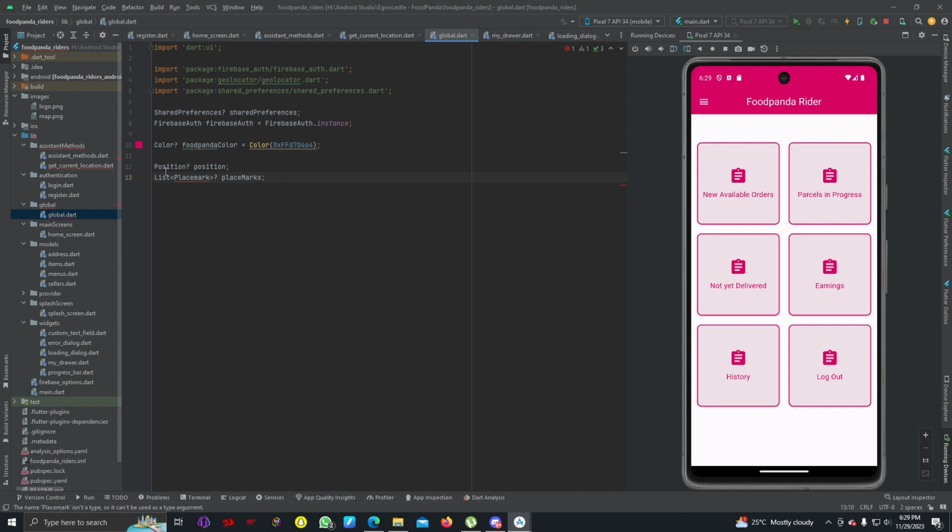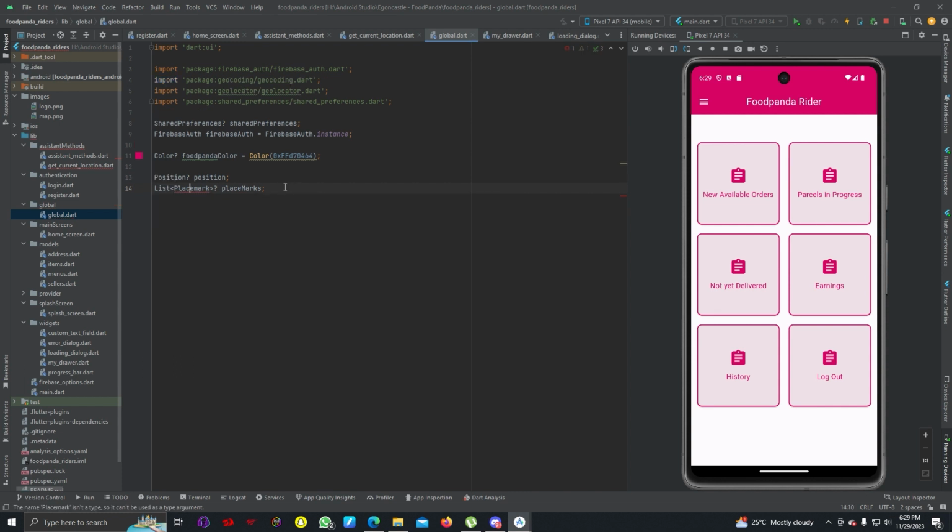So here you can import geocoding.dart, and I'm going to add a few more variables. One should be string complete address, we can give it an empty string, and then another string per parcel